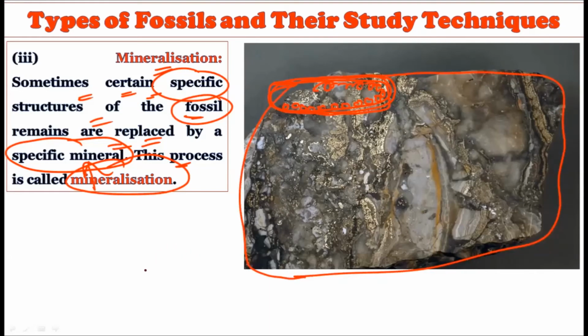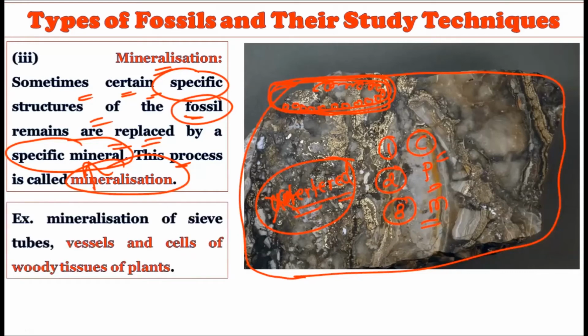So due to the mineralization, this particular process is responsible for the creation of the altered fossils. Unaltered fossils are different from altered fossils. Due to this process, the altered fossils get created. So the process of carbonization is the first process, then the process of petrification is the second process, and the process of mineralization is the third process. All these processes are responsible for the creation of the altered fossil, that is the changed fossil over a period of time.